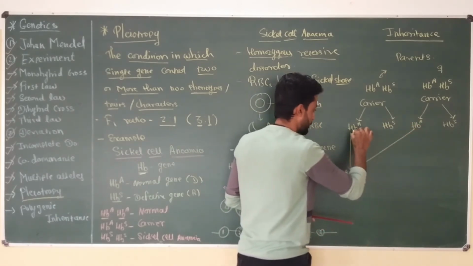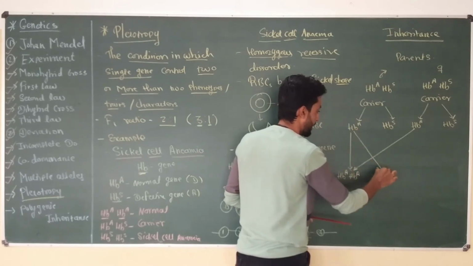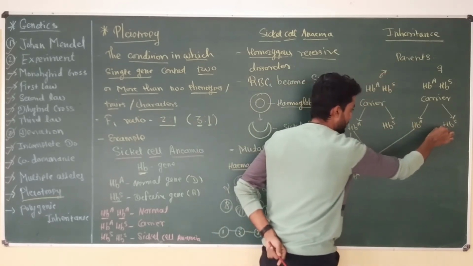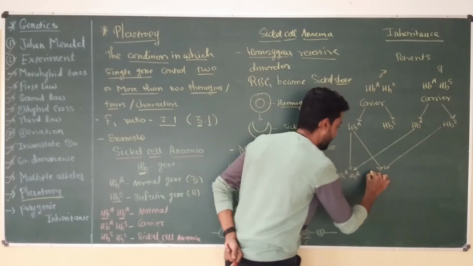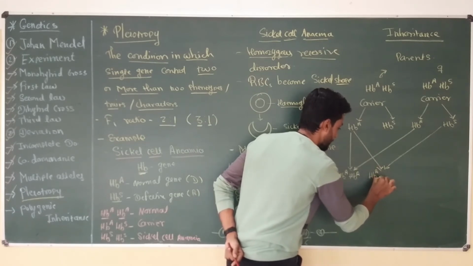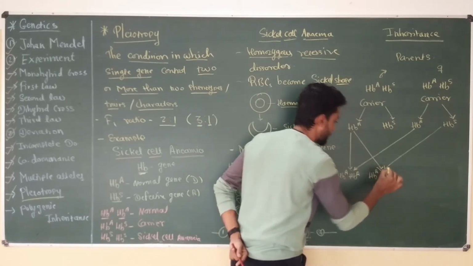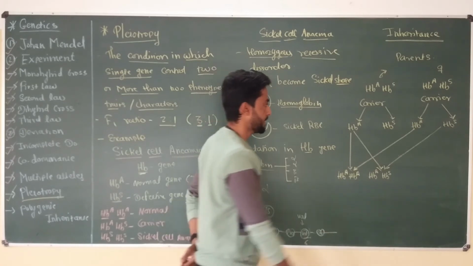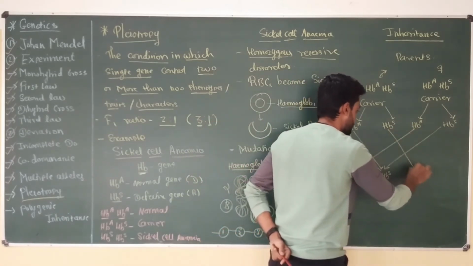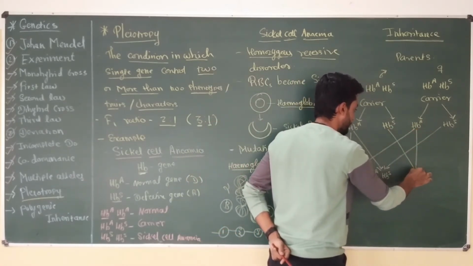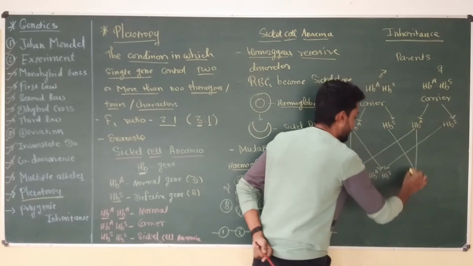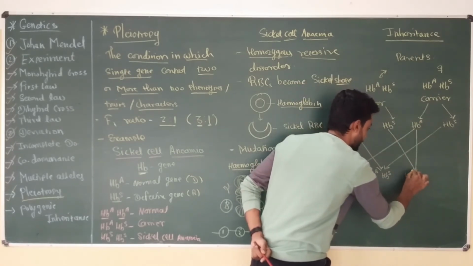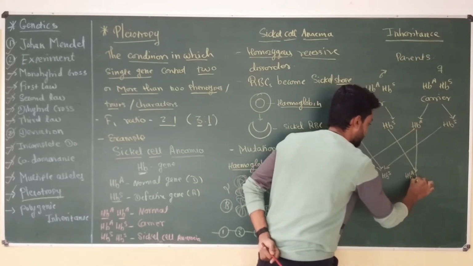Then another possibility is HBA from the male parent fused with HBS of the female parent, that will produce HBA-HBS type